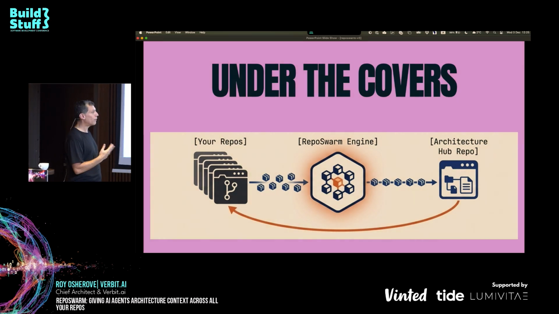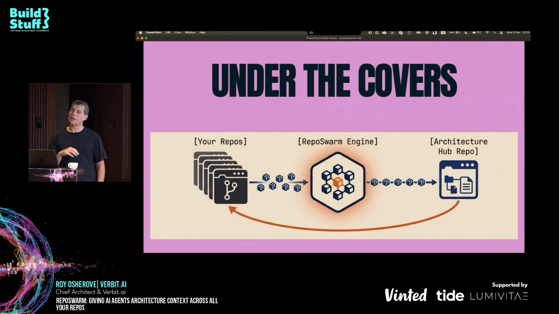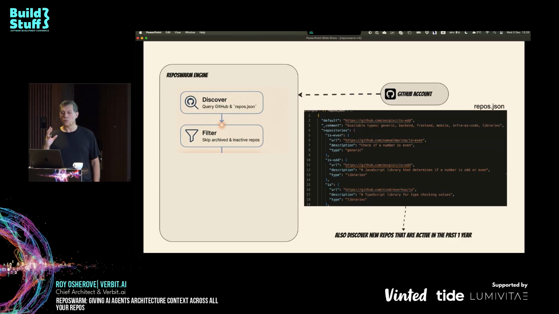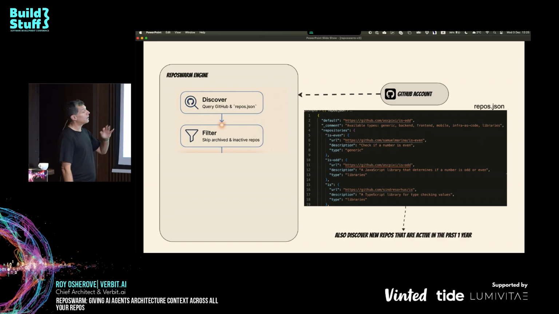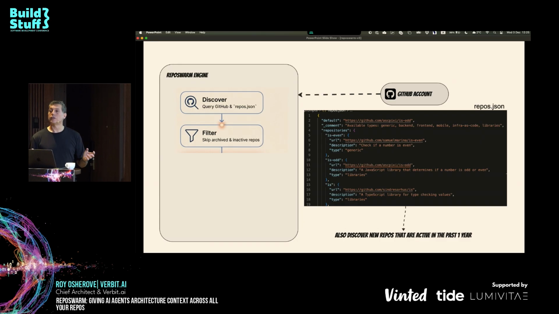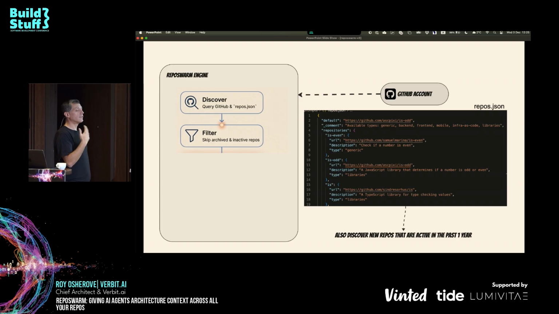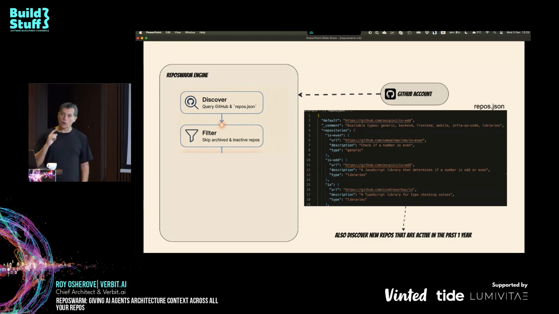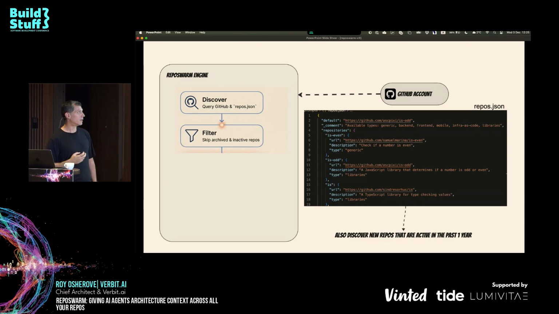So I'll do a quick overview of how this works under the covers, because just building it was a really nice experience. The way the Repos Swarm engine works, the thing that generates that architecture hub repository, is its own project. It lives in a Temporal orchestration workflow engine, which I will not explain too much about. But basically just imagine a VM or a worker that starts this entire thing and is very durable and can continue with errors, etc., and retries and timeouts.